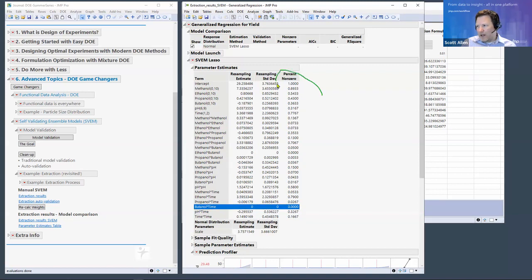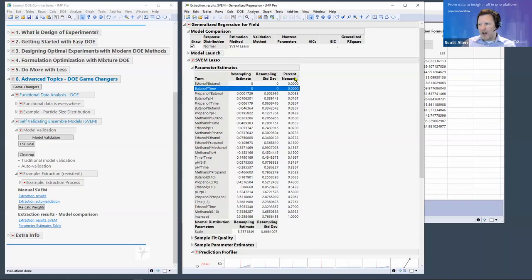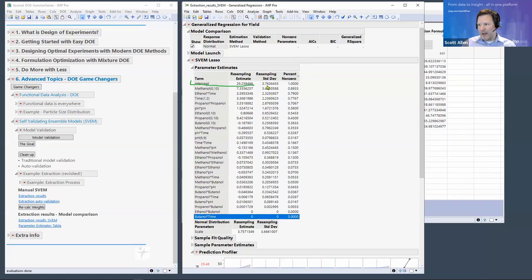And one way to evaluate this is to look at what are the most frequently occurring model terms. So I can just sort by this column. And so the intercept is in all of the models. And then methanol showed up in nearly 90% of the models, followed by this ethanol time, and then time main